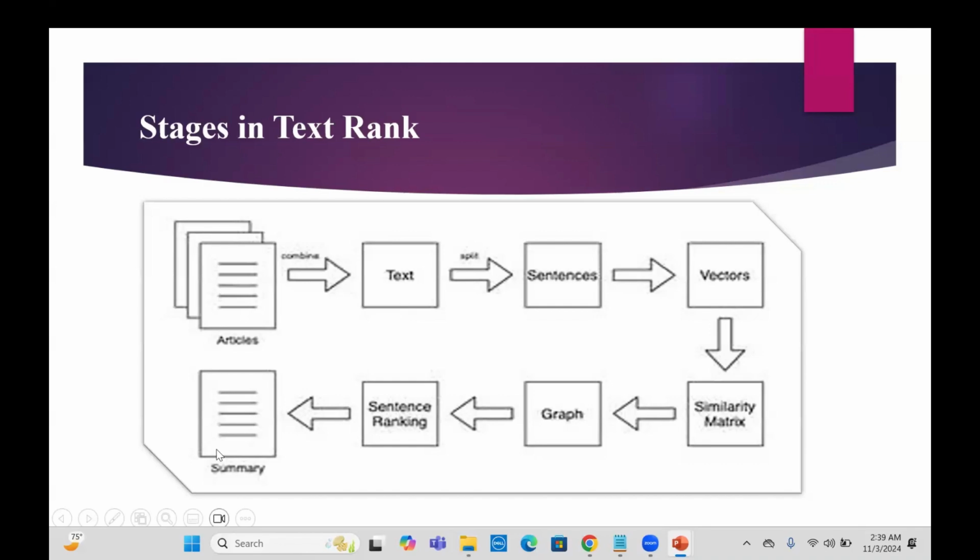So here, sentences with the highest ranks are selected to create a concise summary. This pipeline is effective because it uses both sentence similarity and graph-based ranking to identify the most representative sentences, leading to a coherent and informative summary. Now going to the next slide,